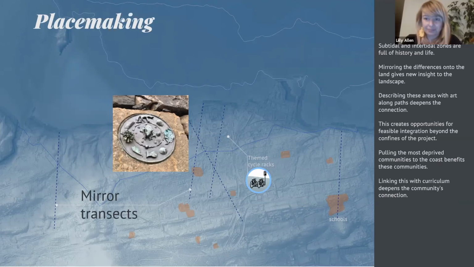find there. Describing these areas with art along paths deepens this connection, and it creates opportunities for feasible integration beyond the confines of the project, because it can be a really soft touch, like, oh, here's just a hint of this.